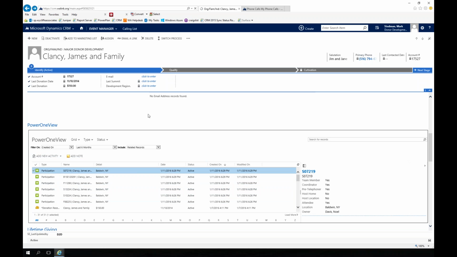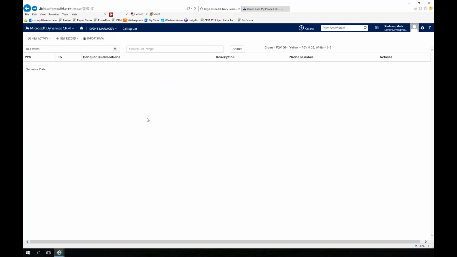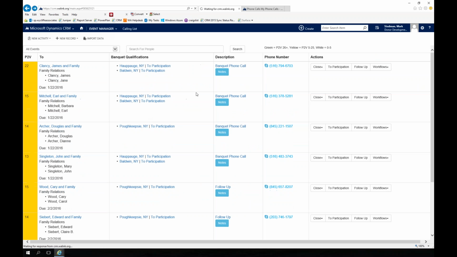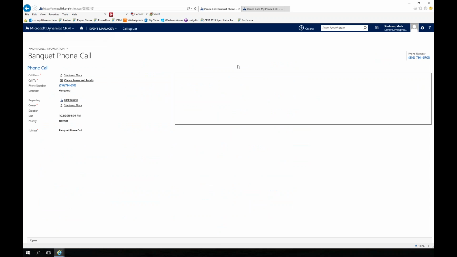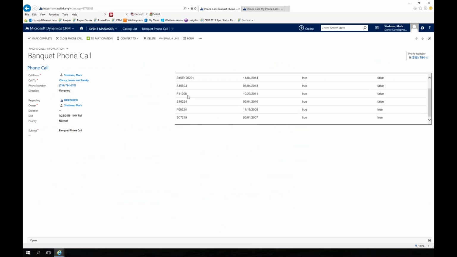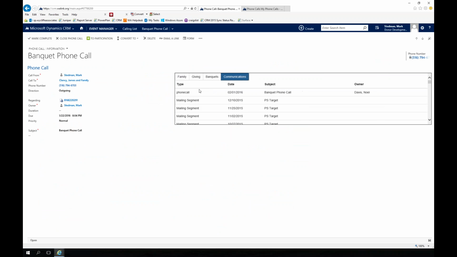Another way that you can see more information before you call them, when we go back here to the calling list, like I showed before, you can now click on the description of the call. That'll take you to the actual phone call record. And you have this panel on the right that gives you their giving, their different banquet stuff, communications that we've had with them recently,